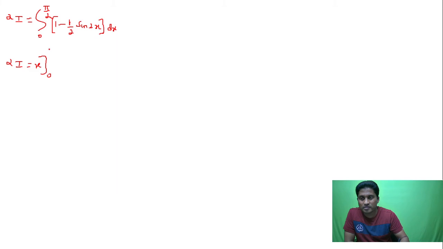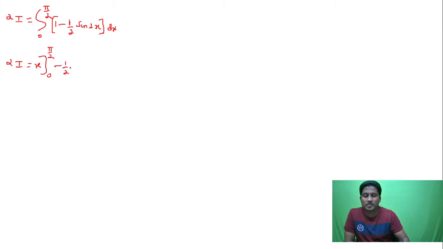I'll write 2I is equal to integration 0 to pi by 2, 1 minus 1 upon 2. 2 sin x cos x is sin 2x. So this is sin 2x, and then dx. 2I is equal to integration of dx is x between the limits 0 to pi by 2, minus 1 upon